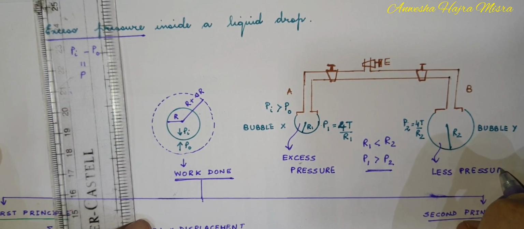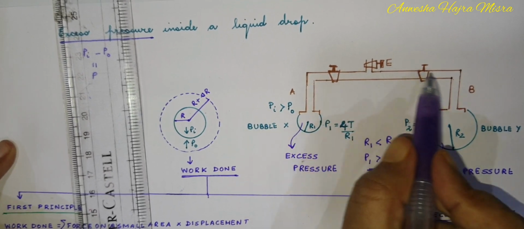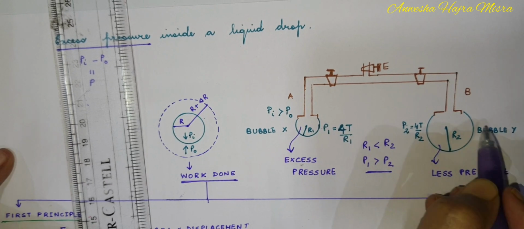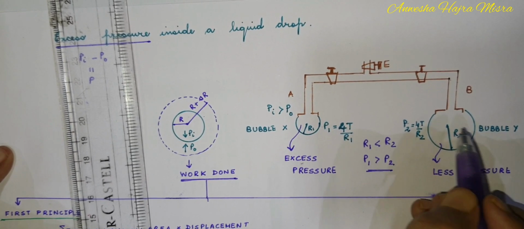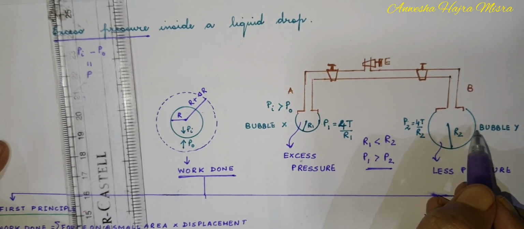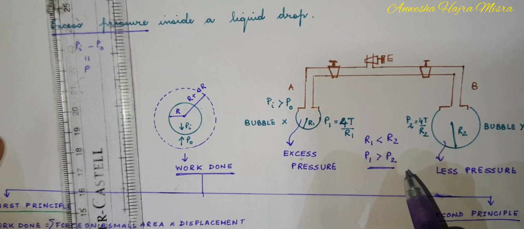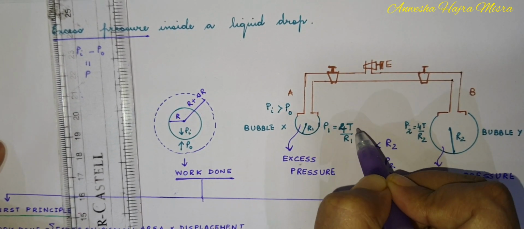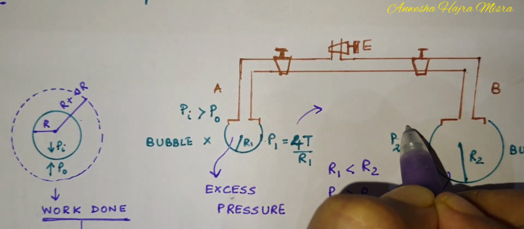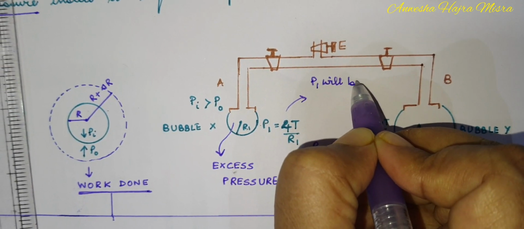So what happens? Air starts flowing from excess pressure to low pressure. So this will decrease in size and this will increase in size. Although it was small, it will further decrease and this will further increase, till both the pressures become the same. And when will the pressures be the same? The surface tension is the same, so P1 will only be equal to P2